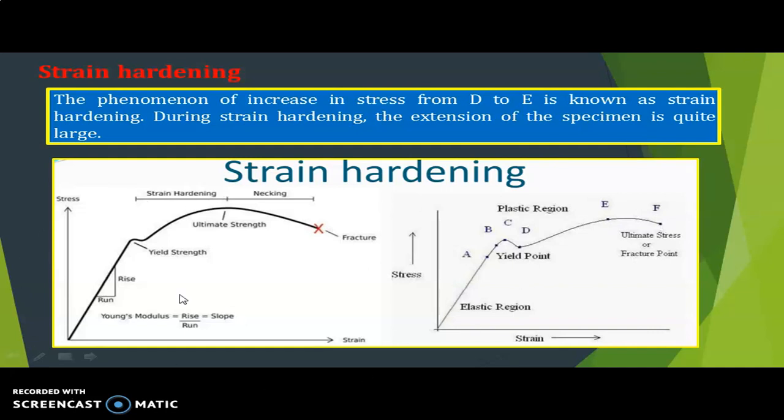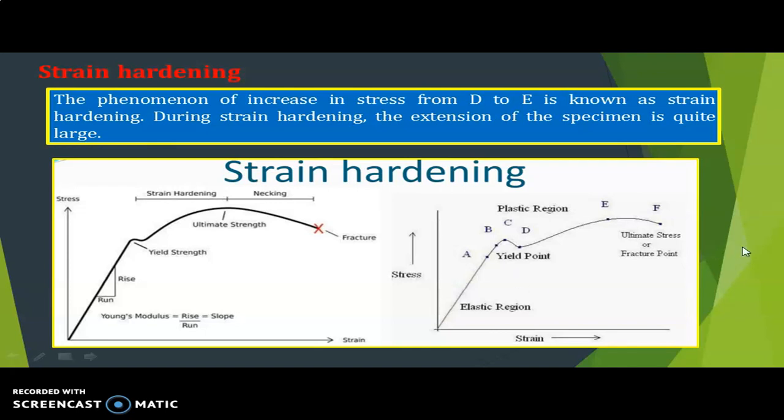In this stress strain curve, if what you have to calculate is Young's modulus E, how can you calculate it? You have to find the slope. Now, all of you know this. Consider some horizontal distance run and vertical distance rise, and find the slope. That gives the value of the modulus of elasticity, Young's modulus E. So, in this way, you can explain what is strain hardening.